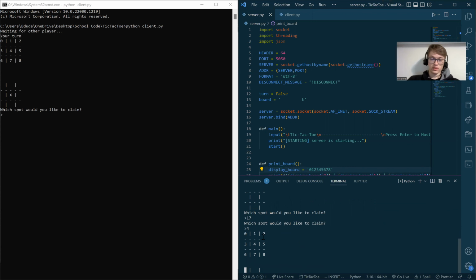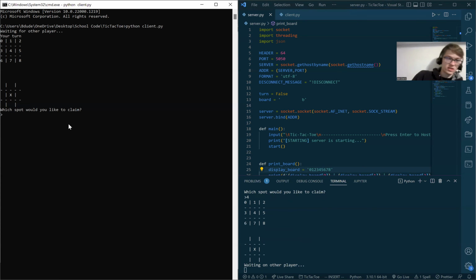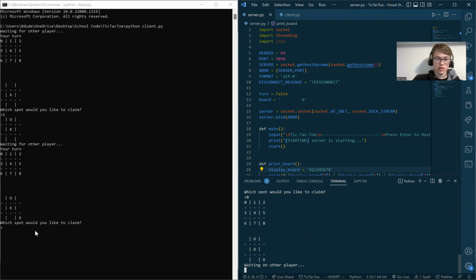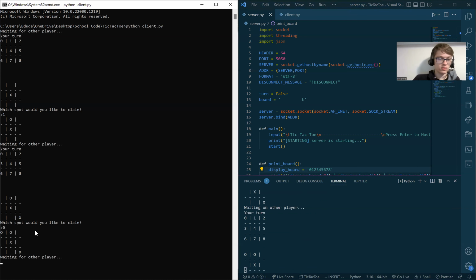Let's start at the middle. It's always a good place to start. So now you can see this other player has received that on their screen, that the other person put an X there. So let's combat that by putting a 1. Let's do 8, and so on,